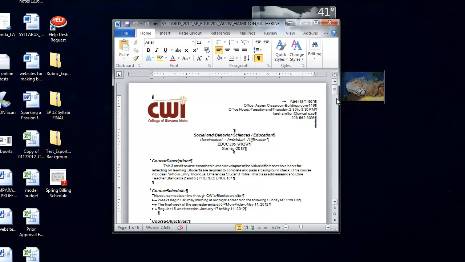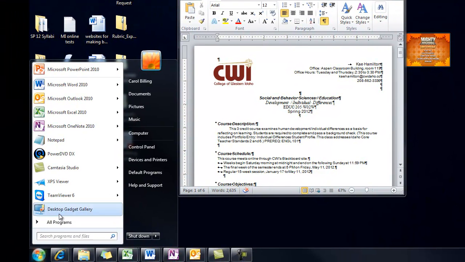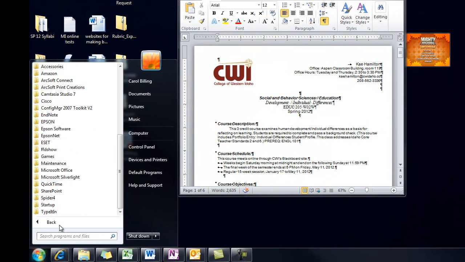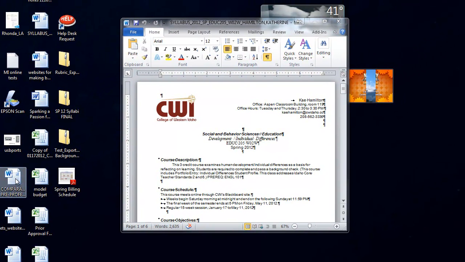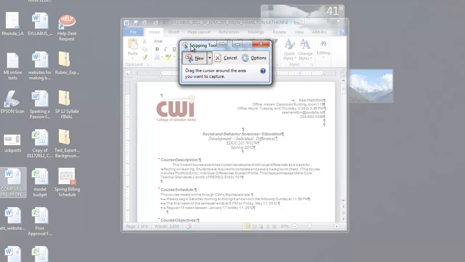Okay, so I've also got something called a snipping tool, which is new. I think it's new, and it's really pretty cool. It's here under accessories and snipping tool. Okay, it comes up, this is all you see, and what it enables you to do is take a picture